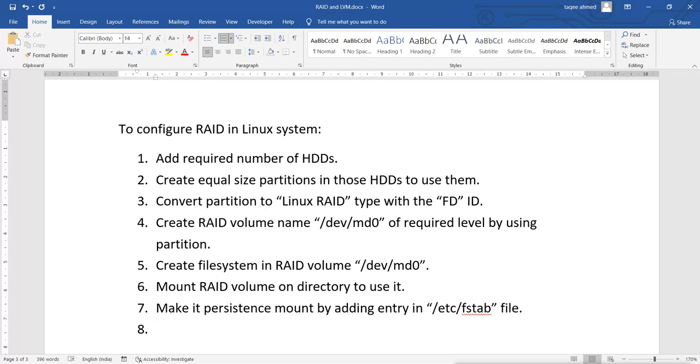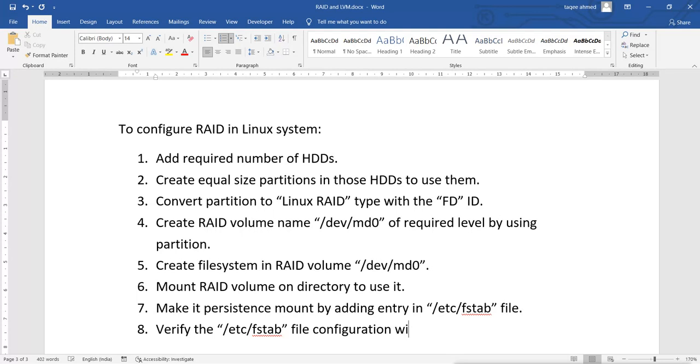Then finally what we do, we will verify the /etc/fstab file configuration without restart.